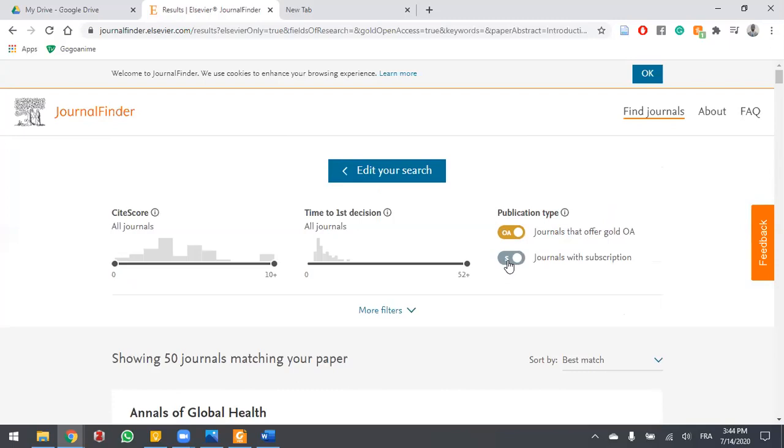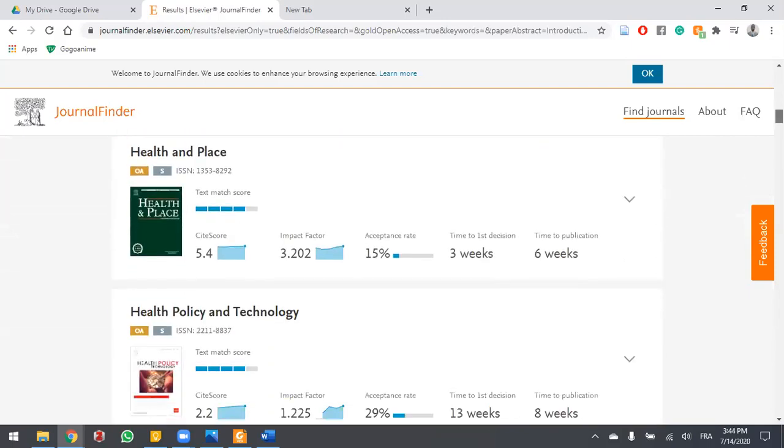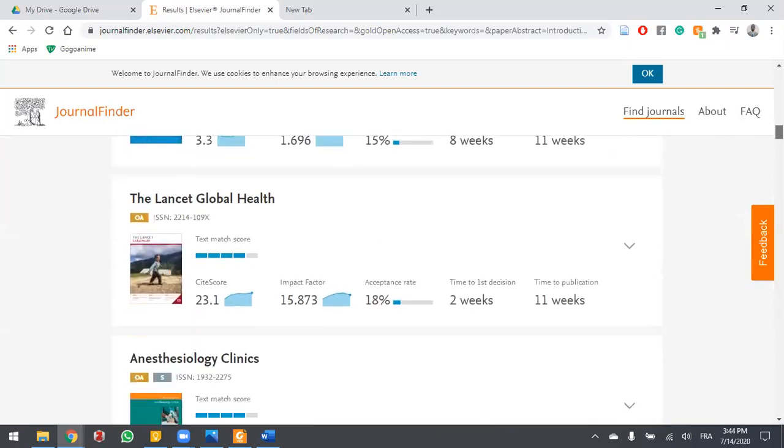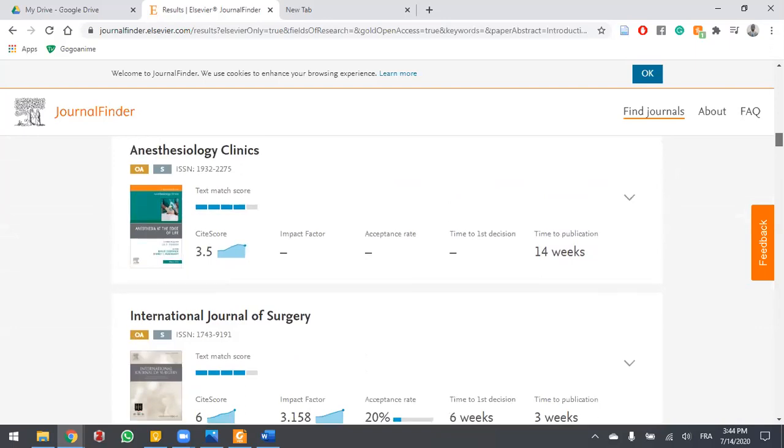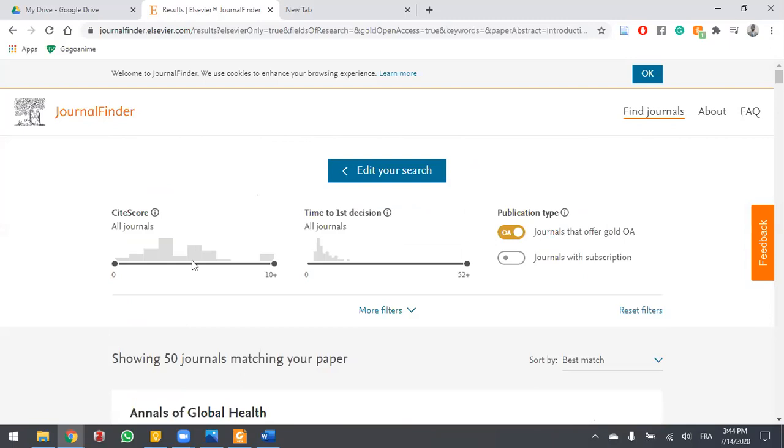So we're like, okay, we just want open access because we're from an LMIC that might not have those. And then we find the first that is open access only. Here we find, for example, Lancet Global Health, which is open access only. So there's a possibility. It has a quick time to first decision, and time to publication is about 11 weeks. So quite interesting. So why not? And that's how you choose basically how you want it. Or you can choose based on citations and whatnot.